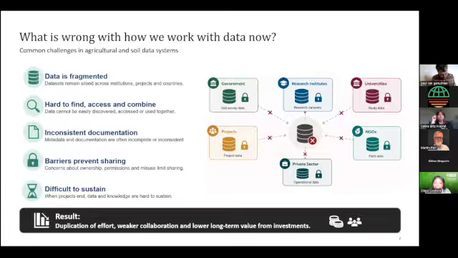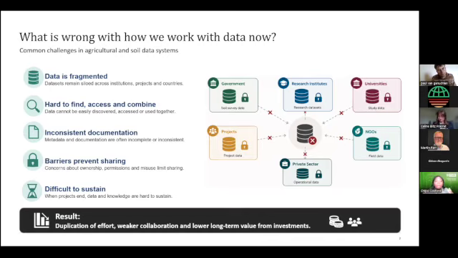There's inconsistency. So this is some of what Paul was talking about, right? Documentation, the metadata is missing or incomplete. So it's very challenging to understand what this data that you have found is and how to integrate or combine it with other data sets.